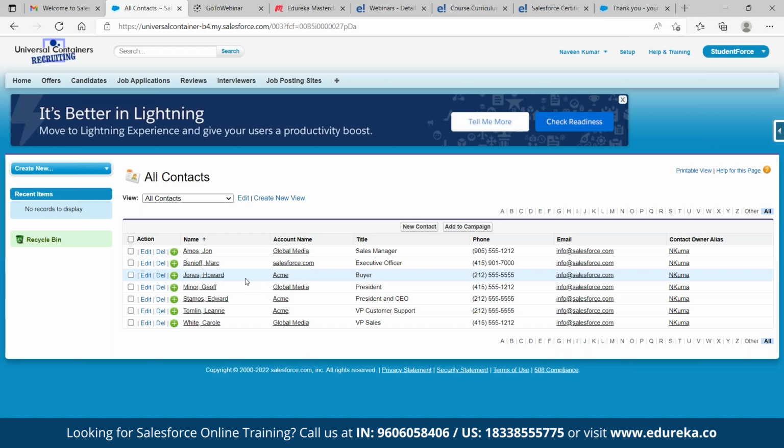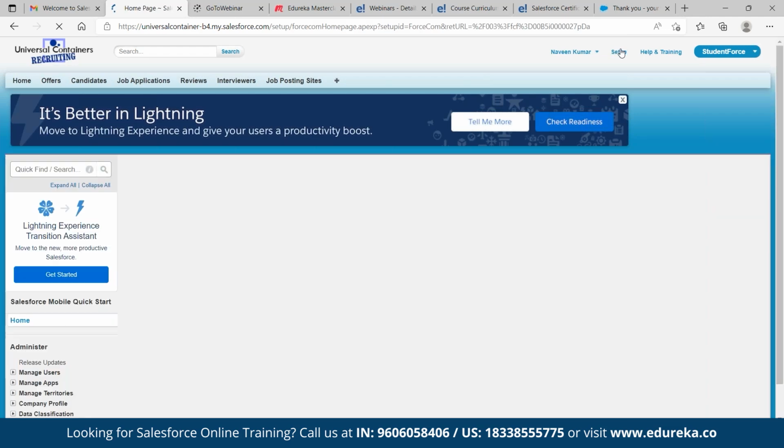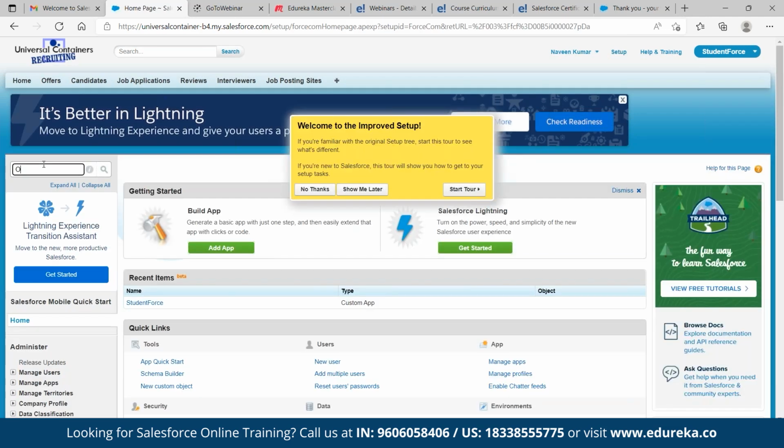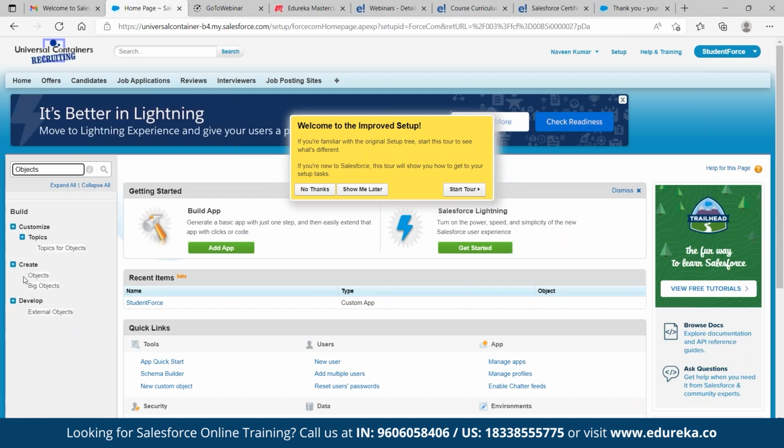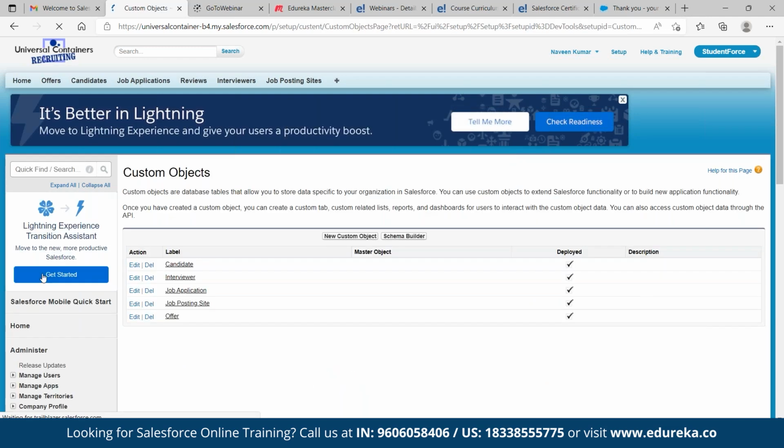So now, when you have created this Student Force, if you want to customize my tab, I have shown you what tabs I have added. Suppose you want to create your own custom tabs, you can create the same. Let us say I want to create a student object. Let me create one object, then I'll make the tab visible. When I click on setup and type objects, object means nothing but tables. Under create objects, setup build, now if I click on new object,